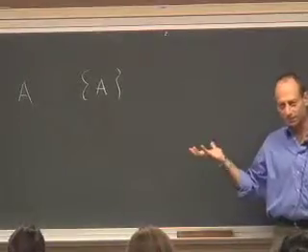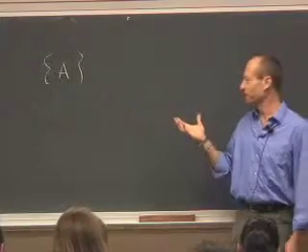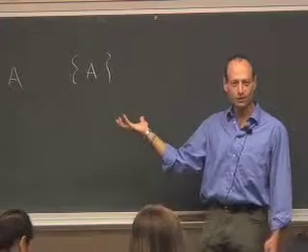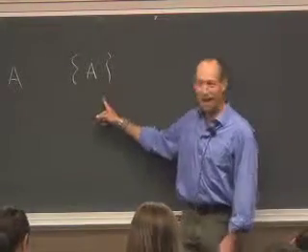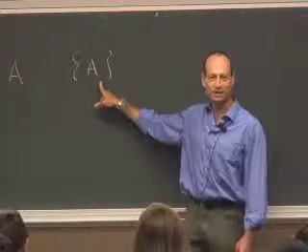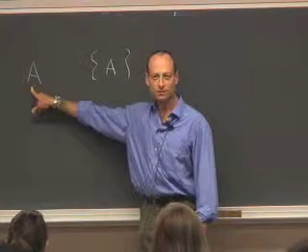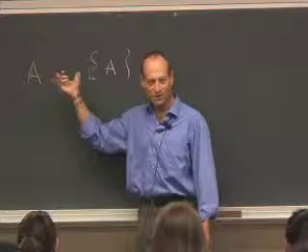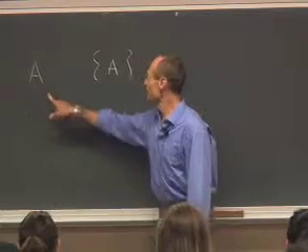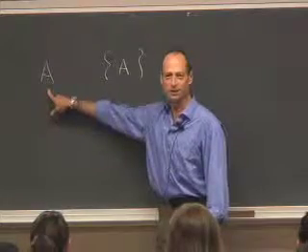Think of a set as a bag. All right, you've got stuff in the bag. So let's say A is the set. It's a bag with one apple in it. This set is a bag which has inside it a bag with one apple in it. The element of this set is a bag with one apple. This set is a bag with one apple. So the set is the bag and the stuff in it, as it were. Okay, so this set contains a bag with an apple in it. So it has this as an element.